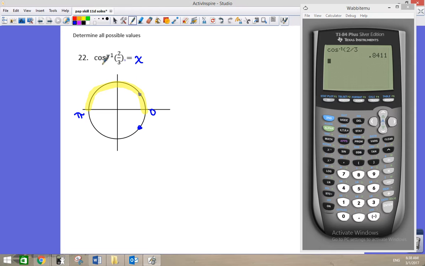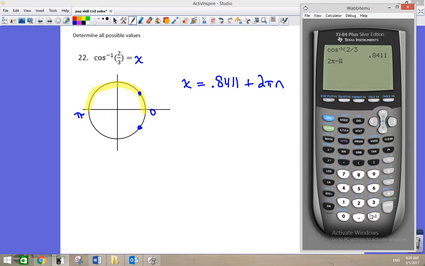Remember now there's infinitely many solutions to this. And this point is providing infinitely many, which is 0.8411 plus any coterminal angle to it, where n is any integer, and the integers are 0, plus or minus 1, plus or minus 2, plus or minus 3, and so on. When you're in quadrant 1, it's its own reference angle, so I can take 2 pi minus this,